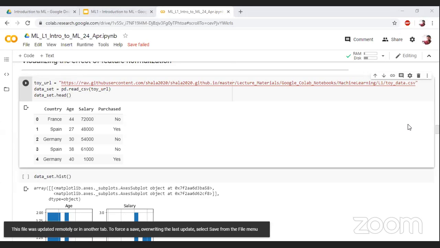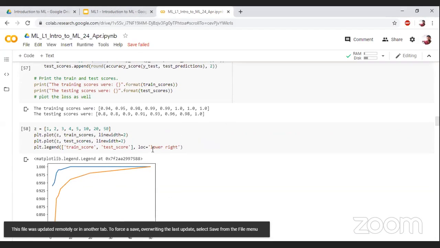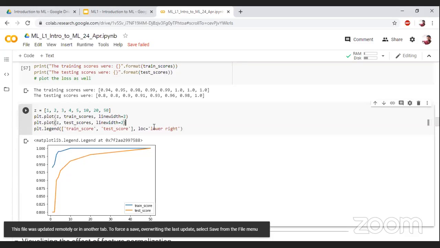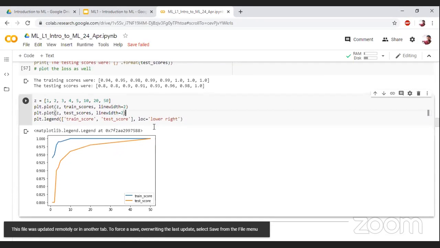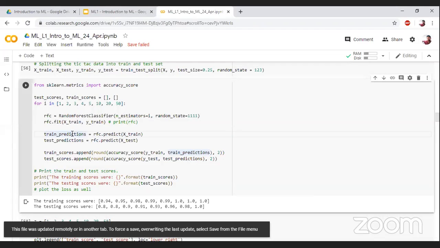Please explain the above code. Which code? I think the testing score which we just plotted. This one? Yeah, the above one, where we are appending all the scores in the form of a list. Okay. Yeah, this one. So here, for every estimator, we are fitting the model on Xtrain, and then we are predicting on Xtrain and storing it into a variable named train predictions. Then